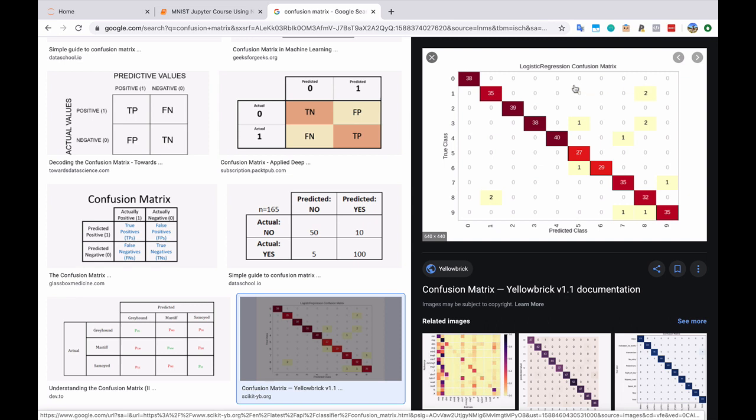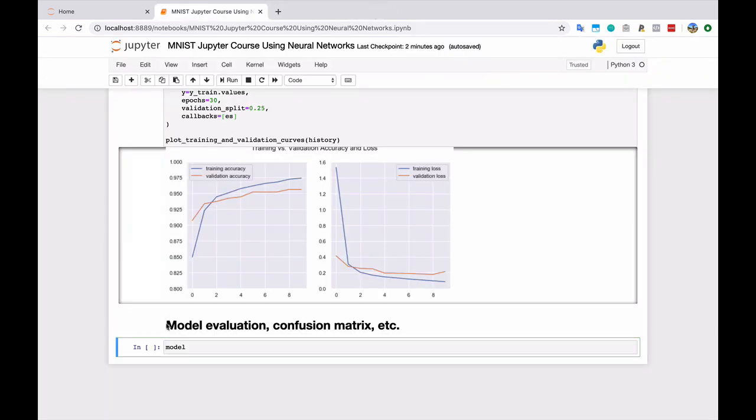And that might be a place where we want to get more data, or where we want to do some feature engineering or something like that. But we need to understand where things are going wrong. So we have our model, and this is the model that we've picked based on its validation accuracy and validation loss. So we're going to do something here. The golden rule is don't evaluate your model on the same data that you used to train with. We might fudge that slightly here by predicting values for